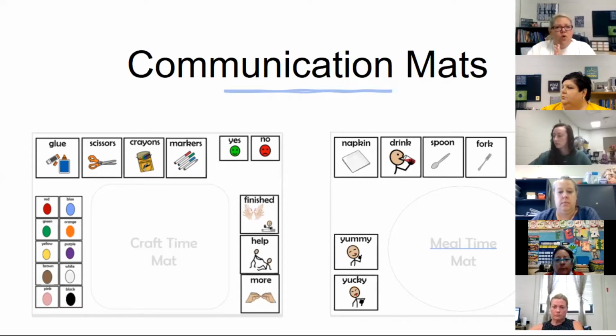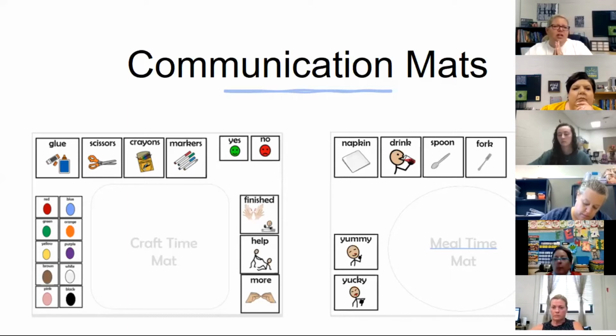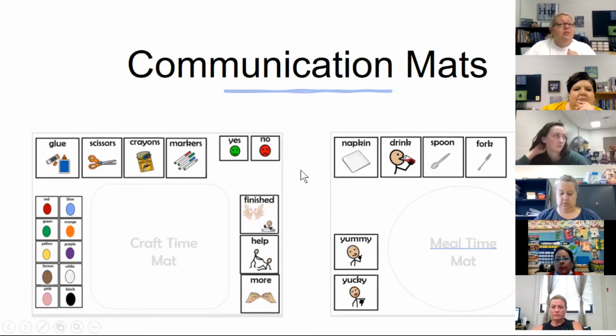So everybody heard me say lab, and so we are going to tell you some exciting news. Our lab, we think we're going to start calling it the Learning Lab. We aren't sure. We're going to rename it since it got a makeover. The Learning Lab, the Curriculum Lab, what we used to call it, has had a makeover. It is now clutter-free and bright and relaxing. You can come make lots of things. We have new furniture in there. It looks great. So make sure you come over. I know some of you have lots of things to make over the next few weeks. So come use the lab. We have all the tools that you need to get started with some communication mats.